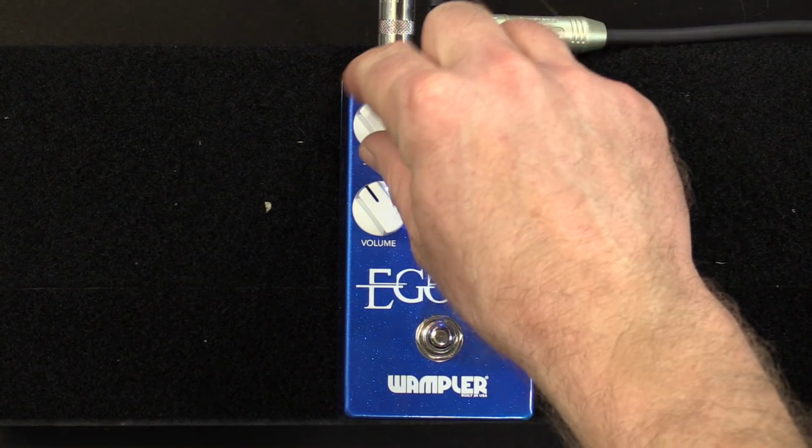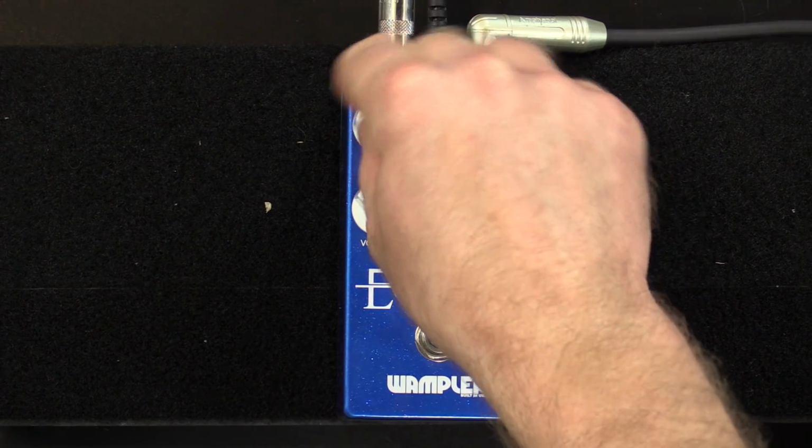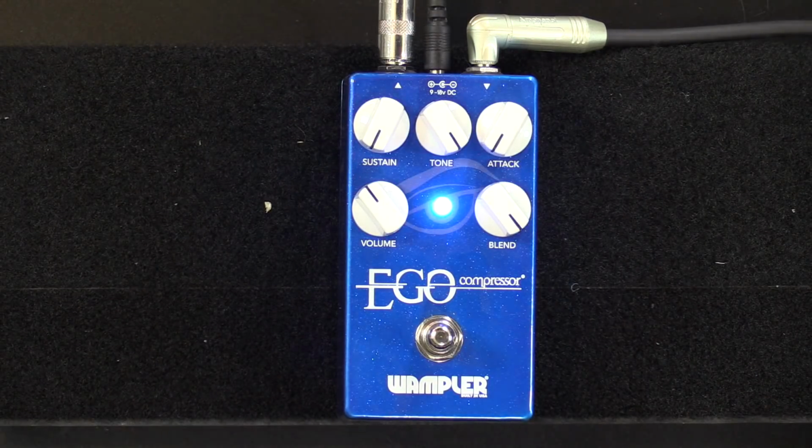So let's talk about sustain. I kind of explained that. That's just like more compression. Think of that as more compression. So when you turn that sustain down,